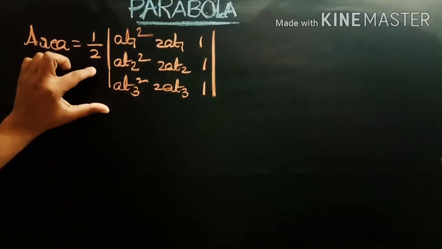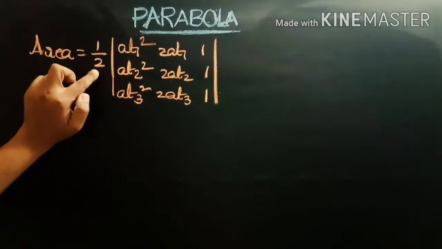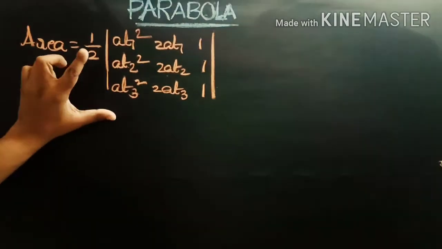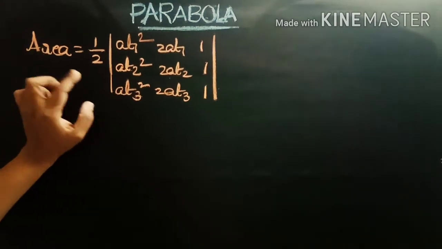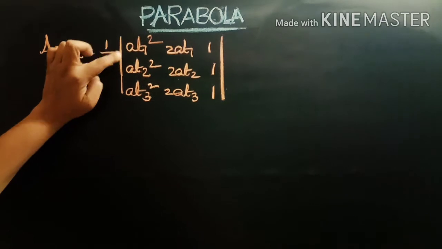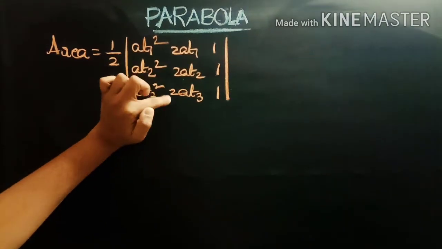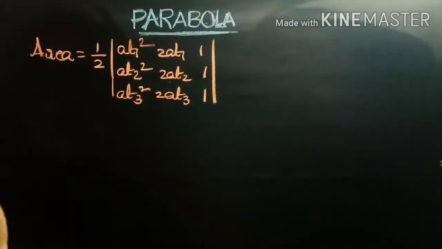Now we find this value by applying the elementary row operations. Before applying them, first check whether there are common numbers in any of the rows and columns. So here clearly, from the first column C1 we have a as the common number, and in the second column C2 we have 2a as the common number. So first, taking those numbers as common.